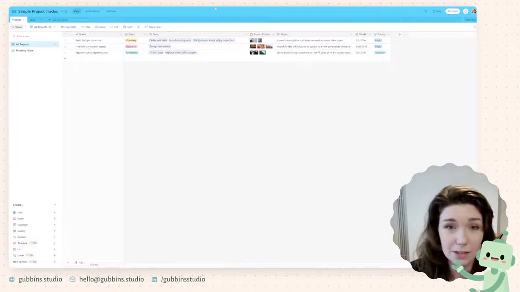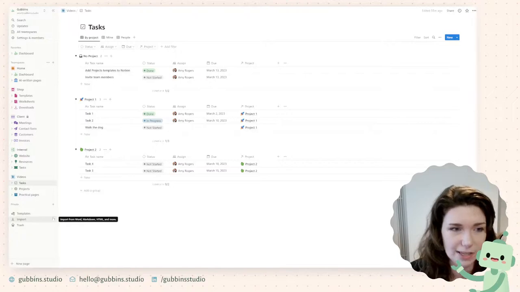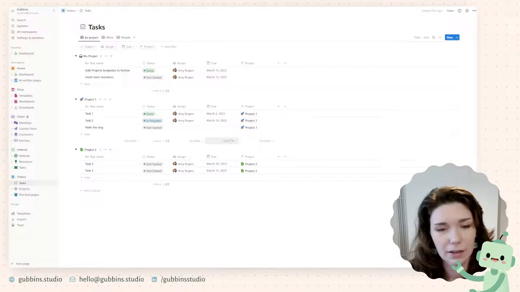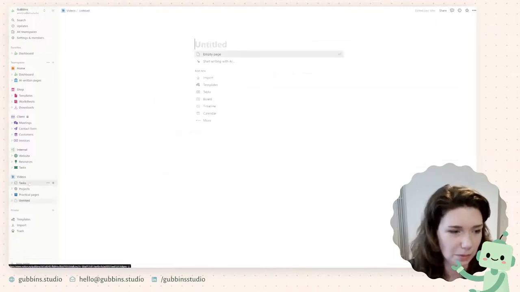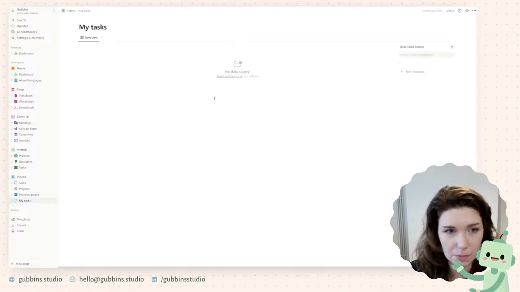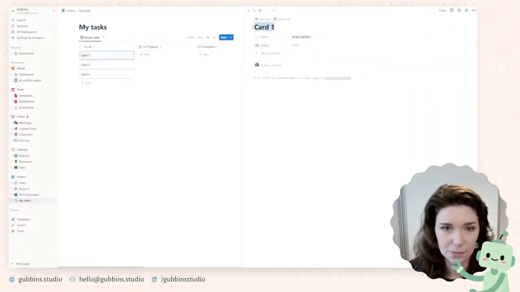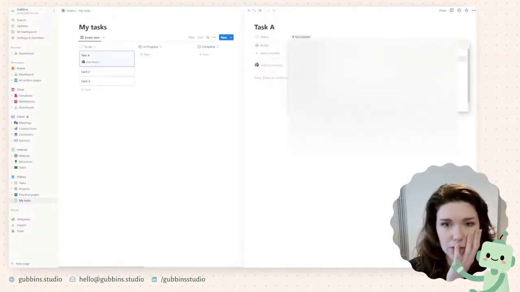The final one, and I don't think I'll go through it in too much detail because of time, is Notion. I've already done a video on this kind of thing and I will have linked it somewhere. But let's just make one super quick. Then board, so new database: to do, in progress, complete. These are the cards, so these would be like task A. You can assign them to yourself.